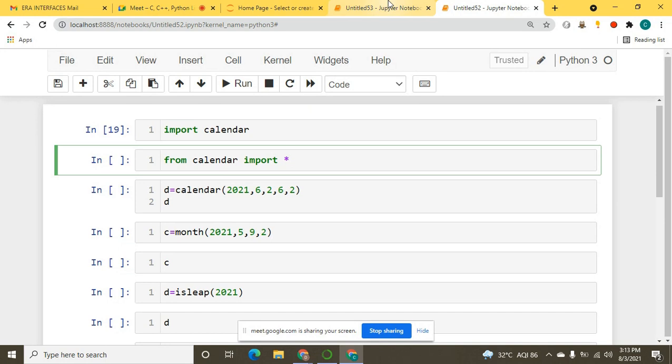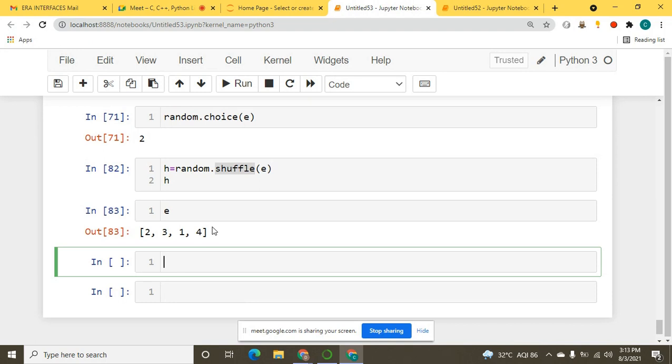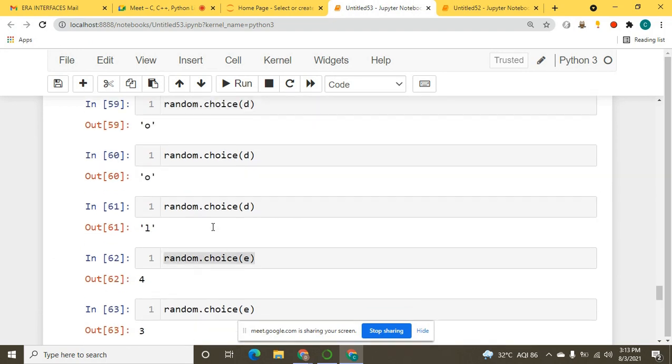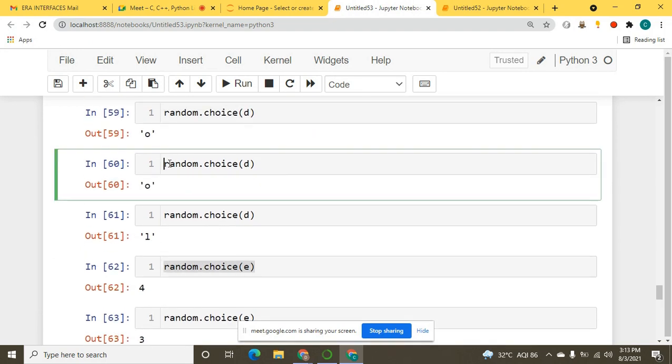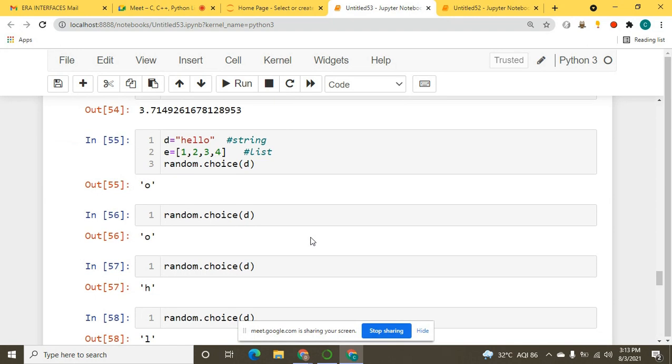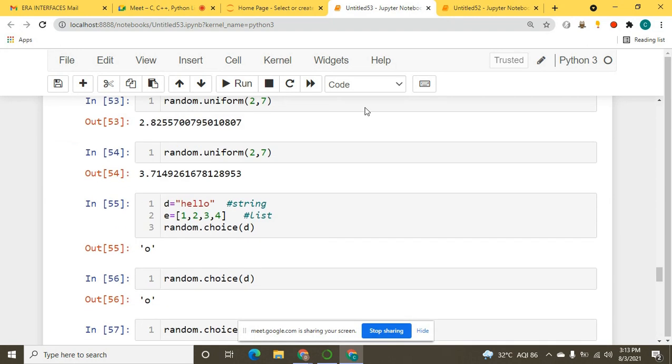Before, what were we doing, guys? We imported our module, and then we said random dot function name, math dot function name and statistics dot function name, right? We were using our dot operator, because we were simply importing our module by that module name, right?